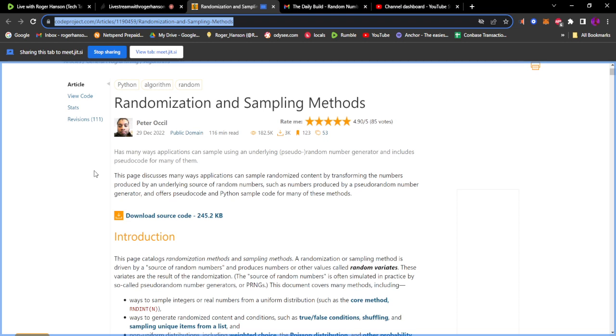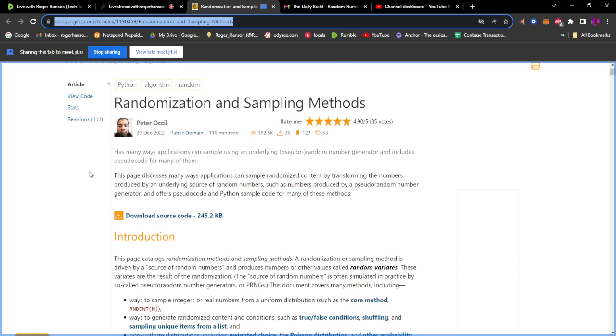Many ways applications can sample using an underlying pseudo-random number generator, and it includes pseudocode for many of them.